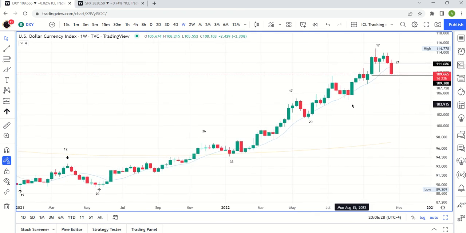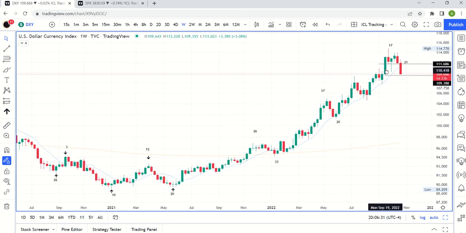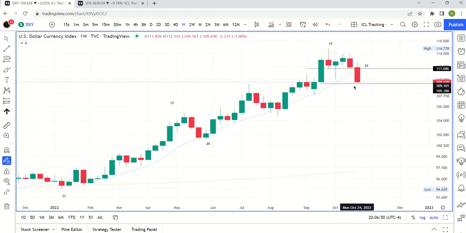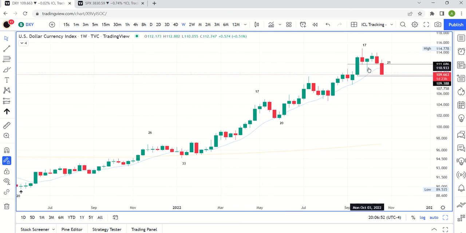And I also called out, just thinking about the structure of this chart, this weekly candle from week of September 19th is kind of holding this whole rally up, right? We had a big move, and this whole thing you could argue has just been consolidation. Now this was your first hint of a false breakout, and now we're getting the downside. Now, breaking below this low is an important signal. That would not quite coincide with a monthly low because it'd be right here, but that would be your best bet that we're probably going to get a new low on the monthly. So that level to watch is